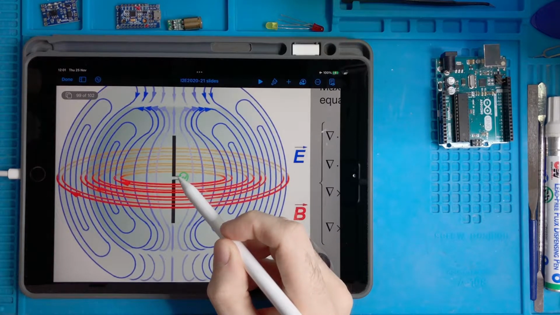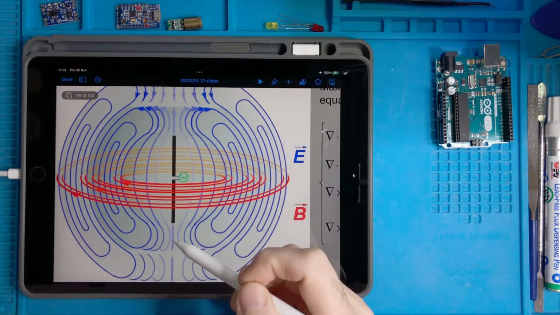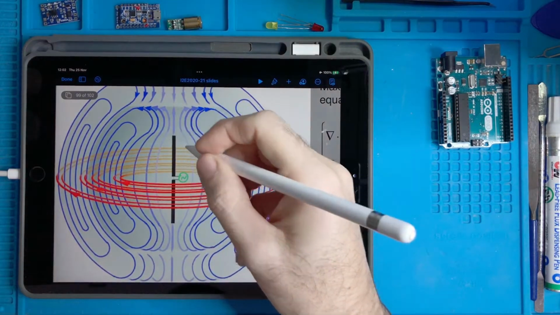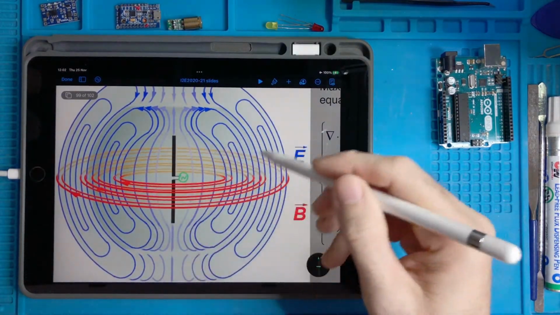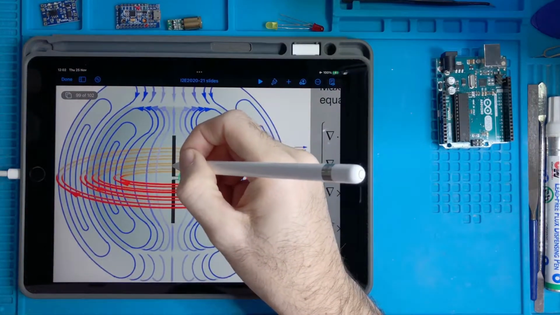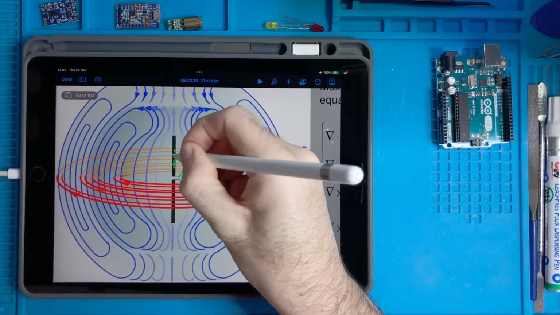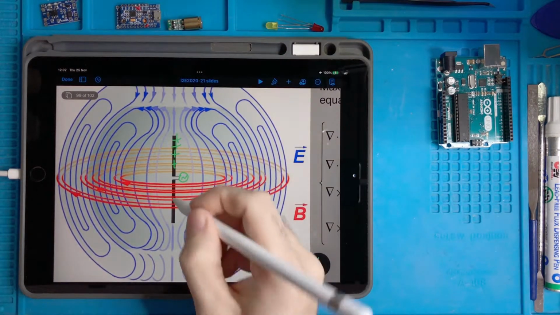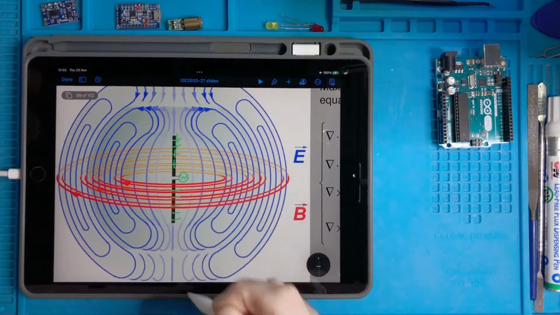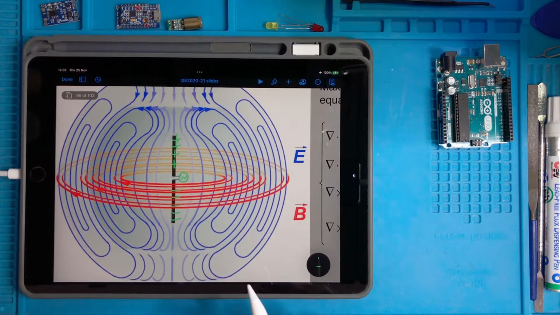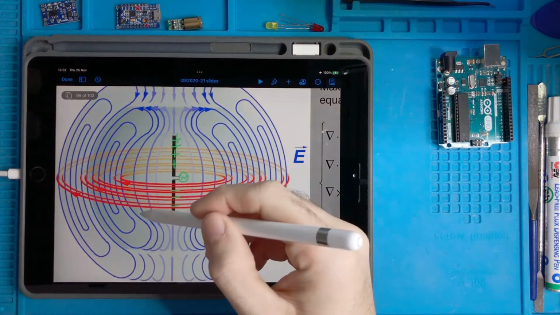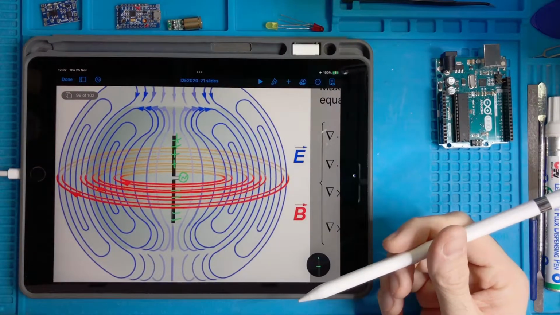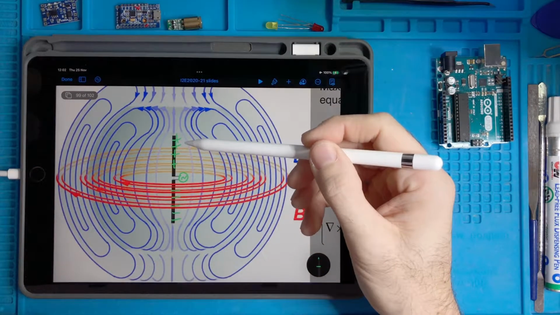They are connected to one pole and to the other pole of the generator. This generator is generating a sinusoidal wave of voltage. So when the positive is like this, here you have positive charges, and there you have negative charges. When the polarity switches, because the cycle is sinusoidal, you have the opposite, and so you have an alternating electric field